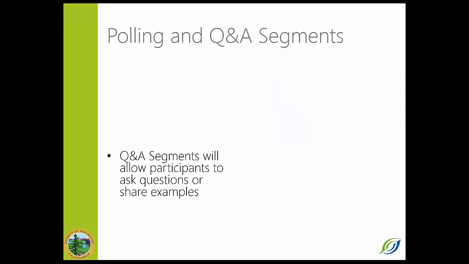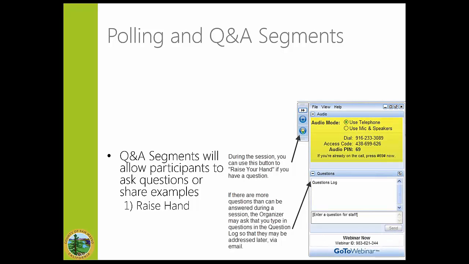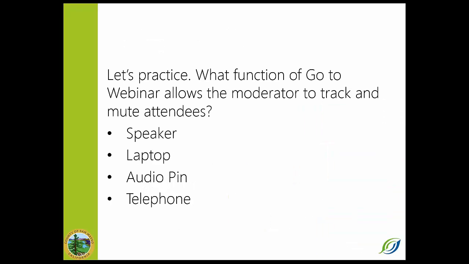We're also going to have a segment where we'll ask you to provide some feedback, and you're going to do that through the question box. You'll see down there there's a box that you can expand by hitting the plus next to the word question, and if we ask you a question, you can type your response in the response box, and we'll be able to get the answers from there. Sometimes we will also give you an opportunity to do Q&A with the presenters, and if you have a specific question that you would like to ask, you can either type it into the question box or hit that little hand that you see, and that'll raise your hand and alert us to the fact that you would like to ask the presenter a question.